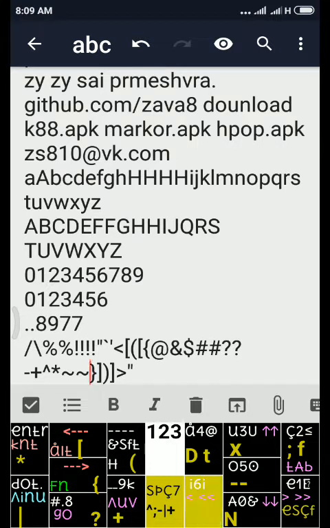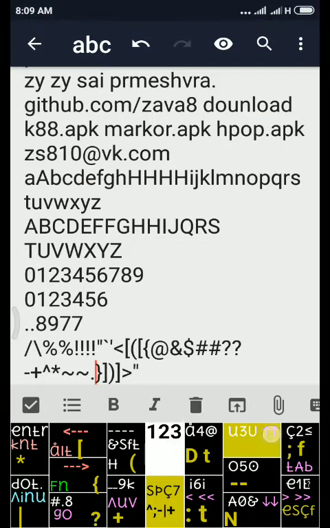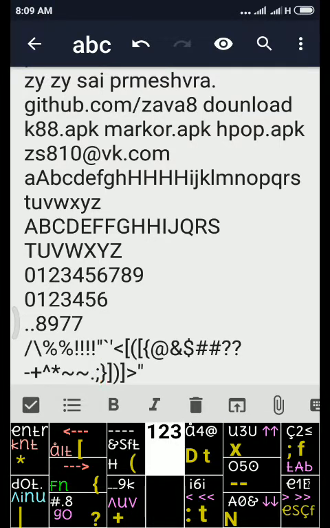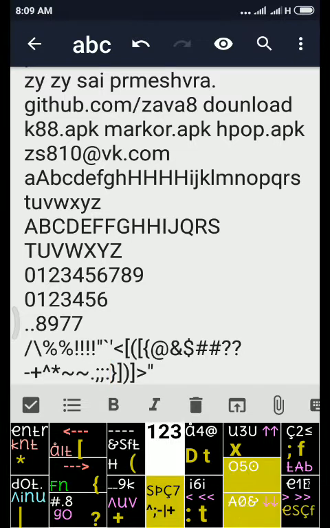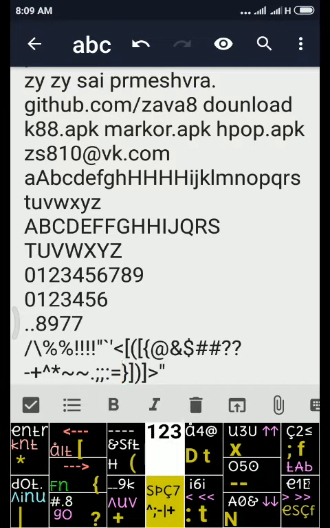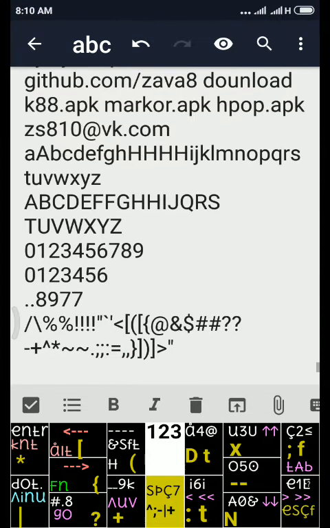Okay, full stop, semicolon. Semicolon is special, and semicolon is also with the yellow key. If we press the yellow key with these two, colon also comes, and equal to also came. Comma is very important. 5 and 1 makes comma. Again we will do the enter key, 5 and 1 makes comma.